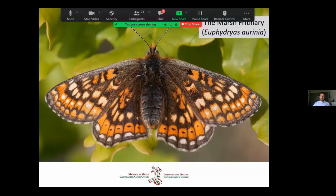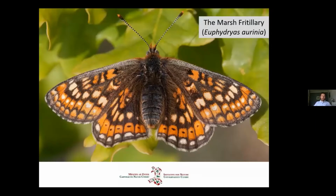So my talk is basically going to cover the ecology and behaviour of fritillaries initially, and then talk a little bit about habitat management, and then go into the reintroduction / reinforcement project that is the main focus of my work at the moment. So this is Marsh Fritillary, a really beautiful little butterfly that has suffered widespread catastrophic declines